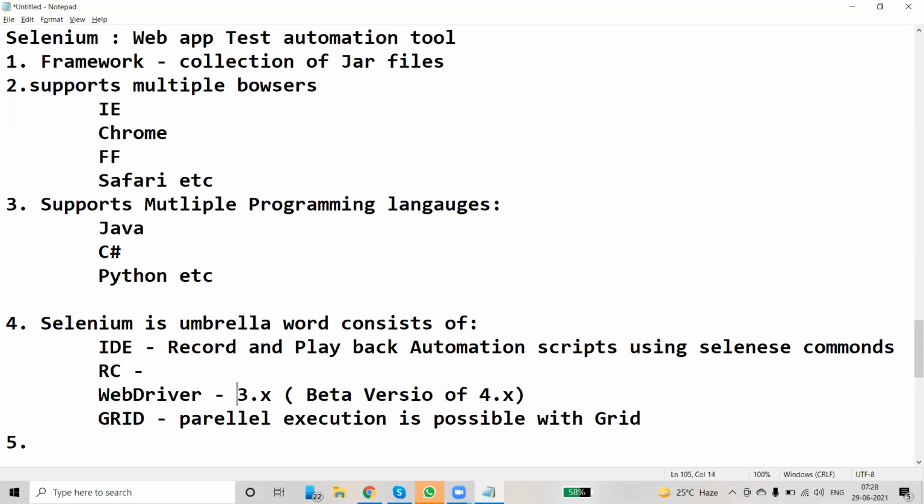Then coming to who developed Selenium. Any idea? It was created by Jason Huggins in 2004, very long back, who was an automation engineer at ThoughtWorks. ThoughtWorks is basically a product development company.